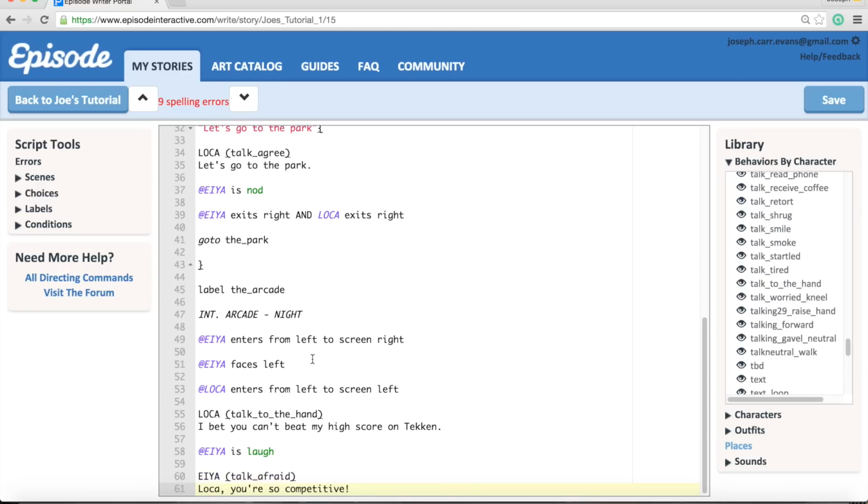And obviously in your stories, you're going to want your scenes to be a lot longer than this. But for the purpose of this tutorial, that is pretty much going to be all that's going to happen in the arcade for the time being. So after that,